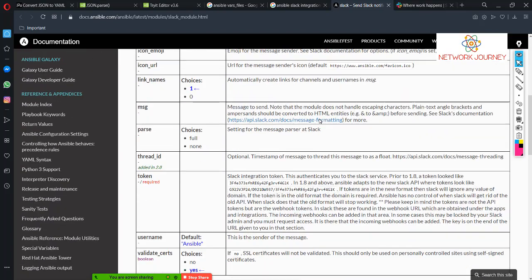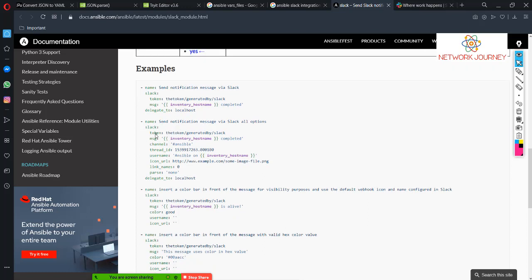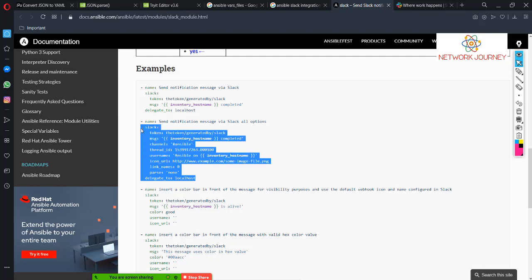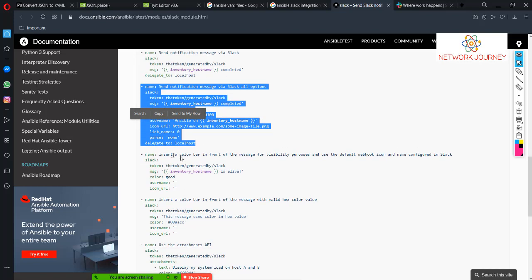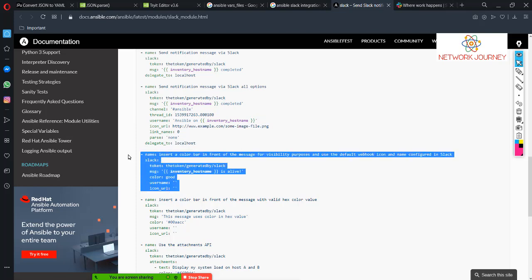Okay, so in a Slack integration, you have various ways to integrate. You need to have the token of your Slack group. This is one way of integration. Now let's say you want to change it with the color bar, you can go with this part.